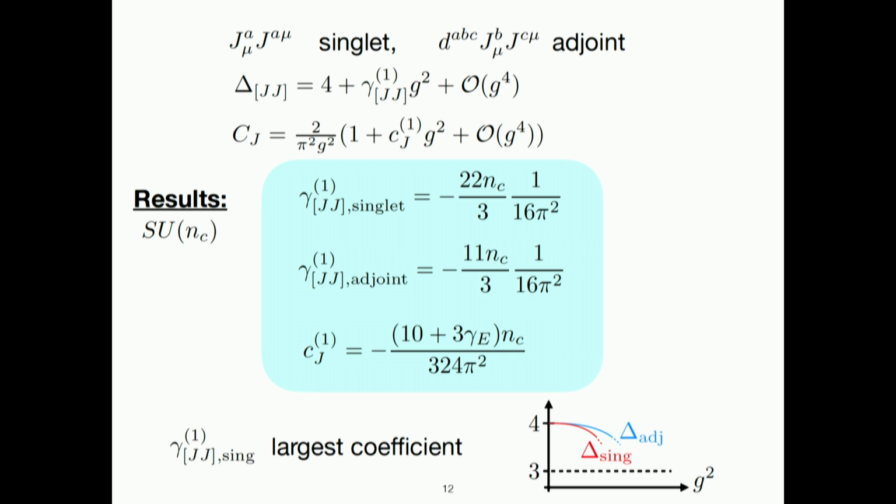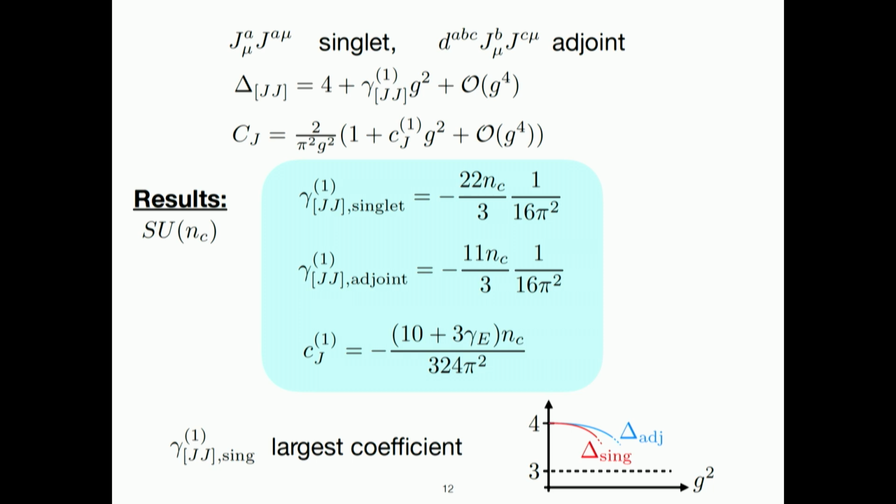So a few comments. All three of these we just got by doing Witten diagram calculations in AdS. To avoid confusion, this is the anomalous dimension. This is just the constant gamma of Euler. It's not an anomalous dimension. And